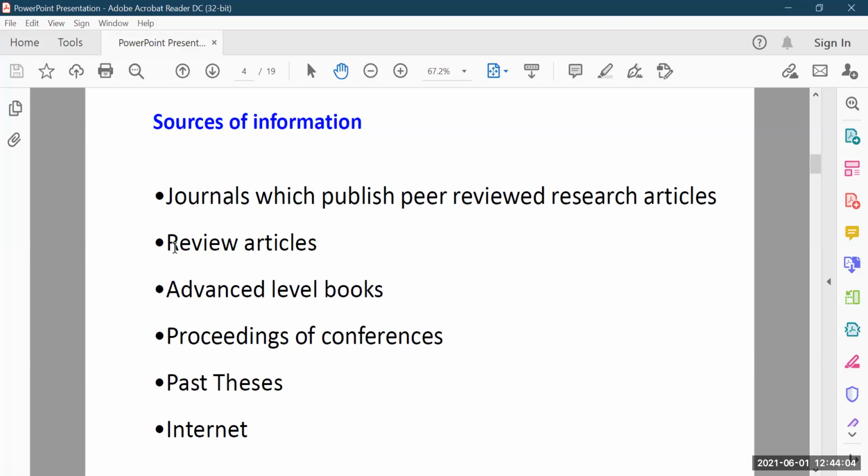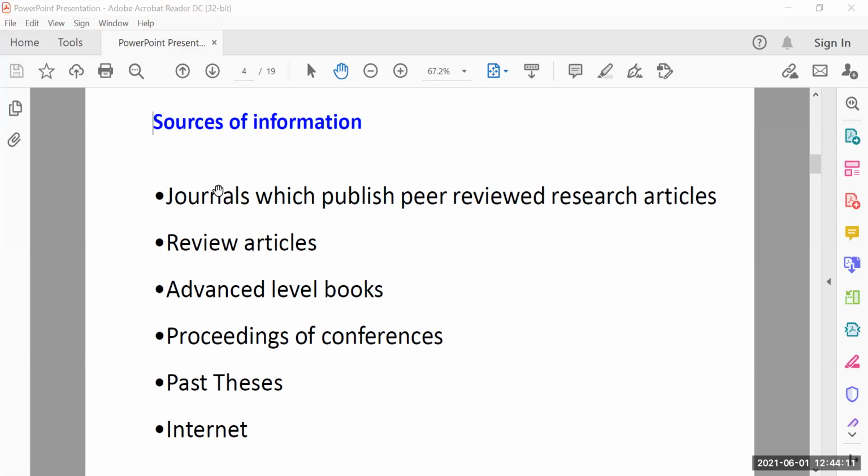What are the review articles in each field? A review article is a review of a particular phenomenon. Let's say you are interested in machining parameters and you want to find some review articles. That is going to review all the concerned papers up to that time.